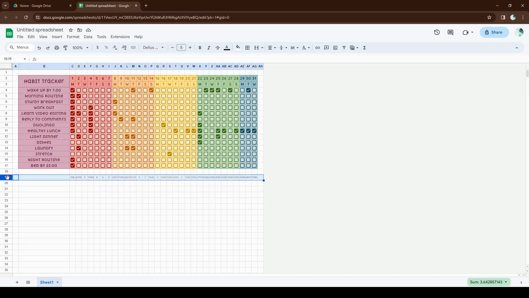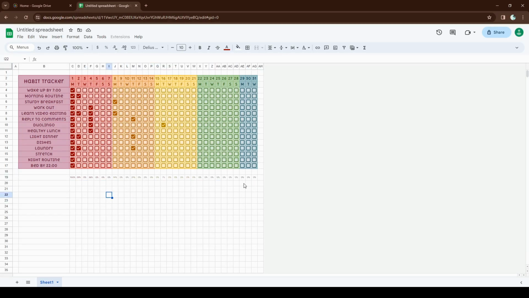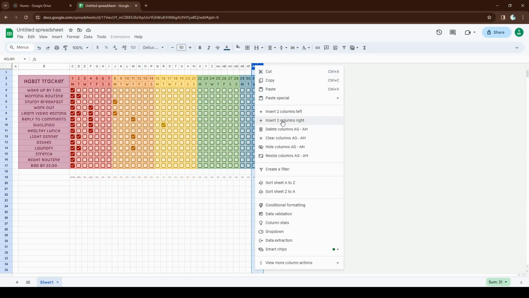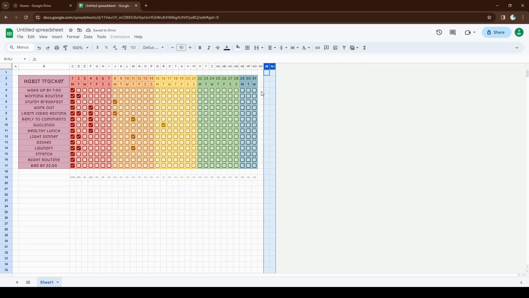The only thing it hasn't done is format as a percentage and decrease the decimal places. But we can just do that by selecting the whole row and pressing the format as percent and decrease the decimal places. And there we go. So let's do this for the rows as well. We need 2 more columns, so just grab 2 and right click, insert 2 columns right,